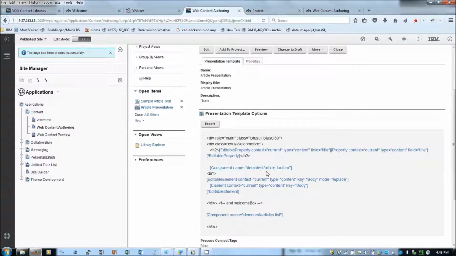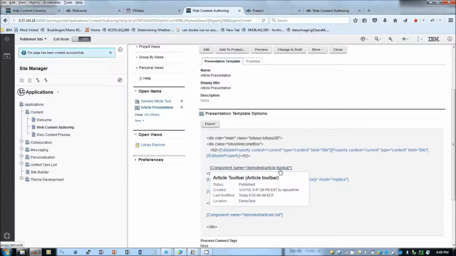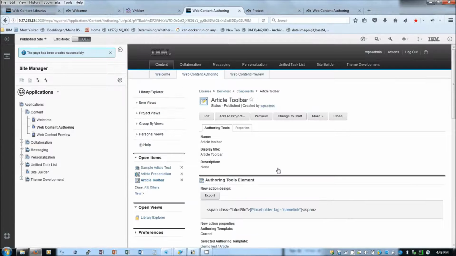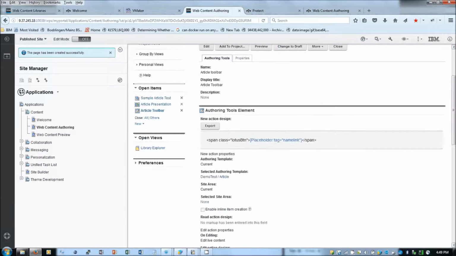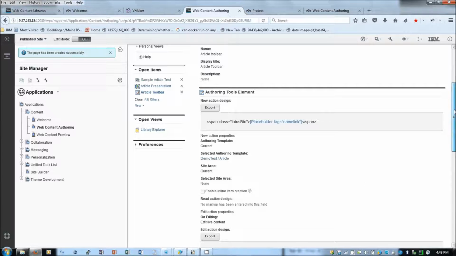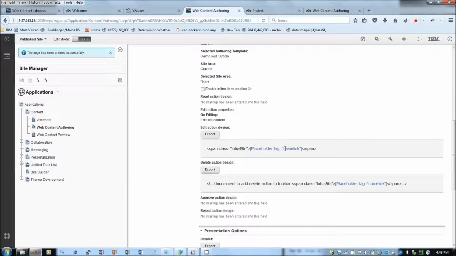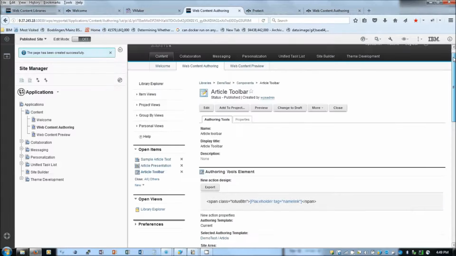Also you can see that in the presentation template we have included a component called article toolbar. So let's analyze that. This article toolbar is an authoring tools component, and it has a new action and an edit action. So this will include two links, new and edit.